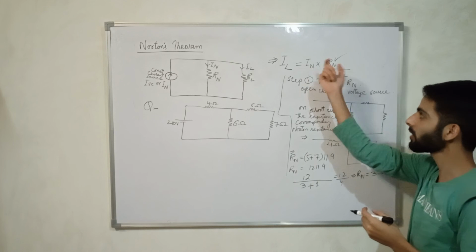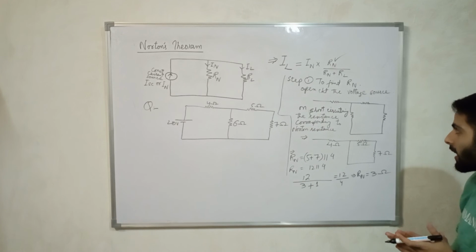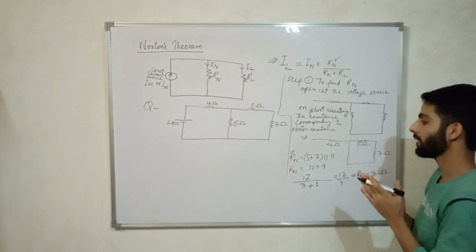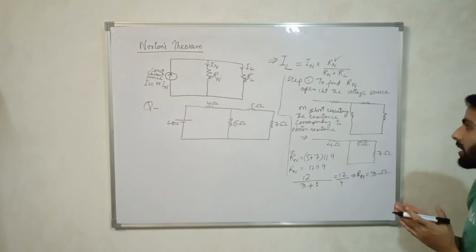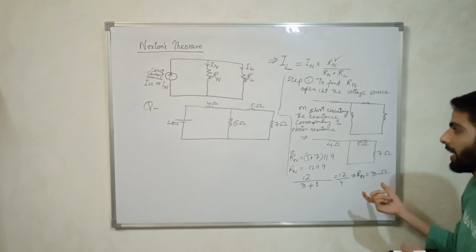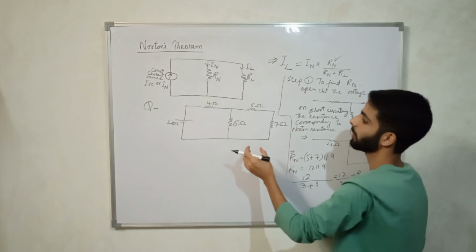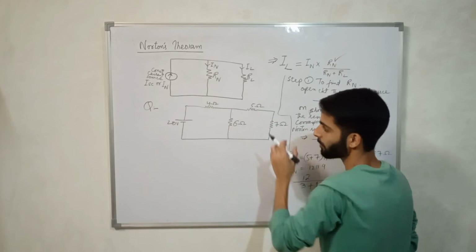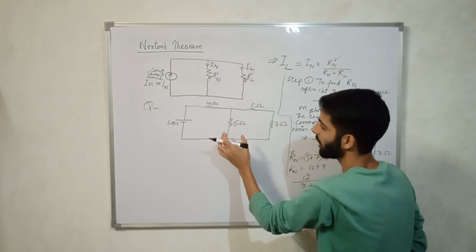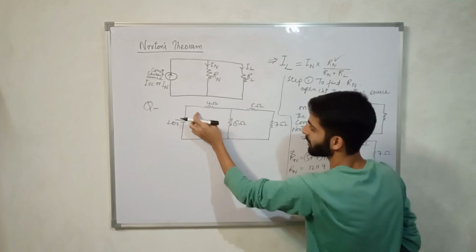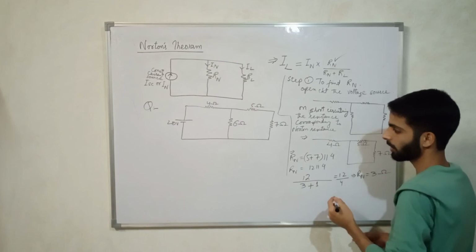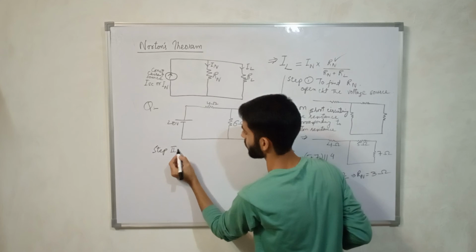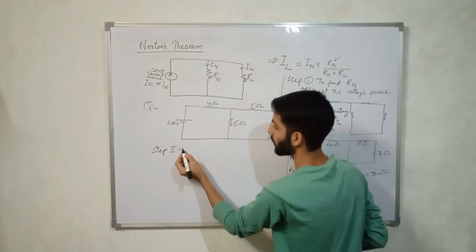How shall we find In? That is the question. Now, we shall be finding In by another method, in which we shall be short circuiting this resistance, and considering this loop. Step second, short circuit